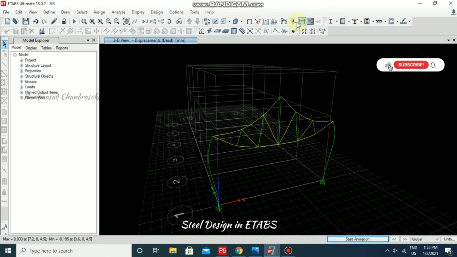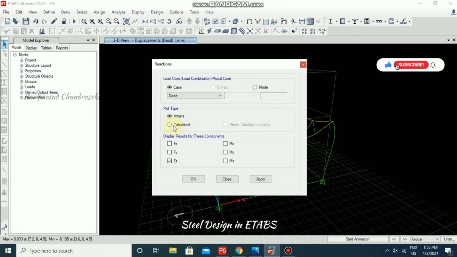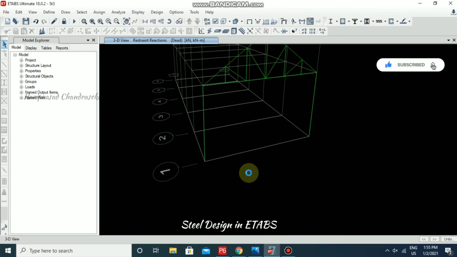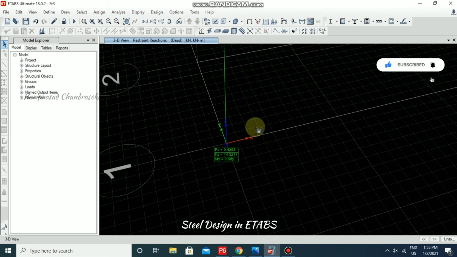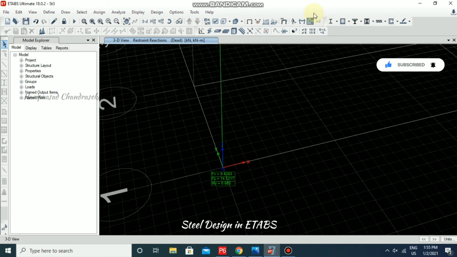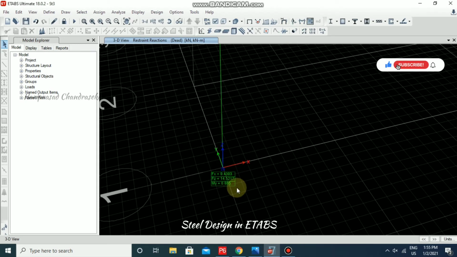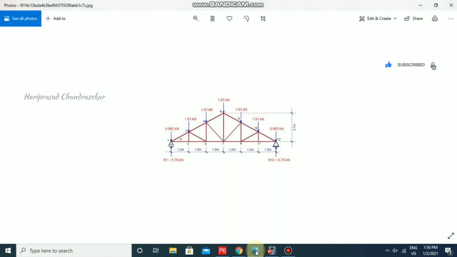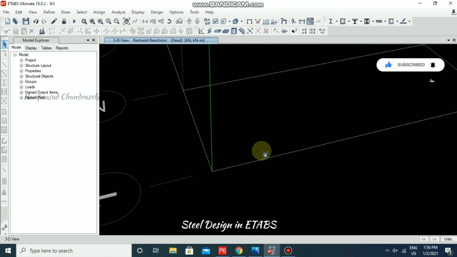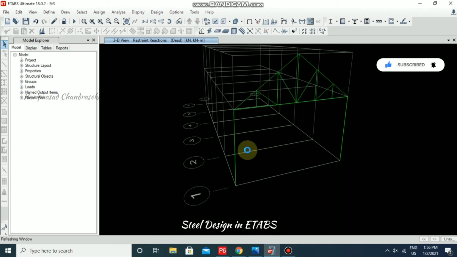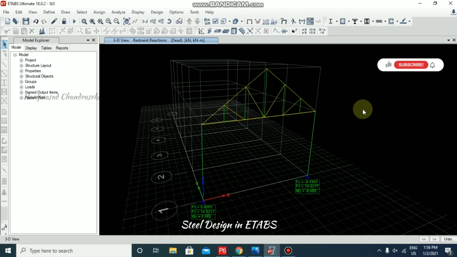Now you can go for reactions. So go for all these values and you put apply. Now you will get the tabulated values. If you have a value only, it will show, otherwise it won't show. If you want to make it bigger, there is one option. Now here it is not there, that's fine. Now we have reactions like this. So they have R1 5.79 kilonewton. Here we also have columns, so that's why it is varying.